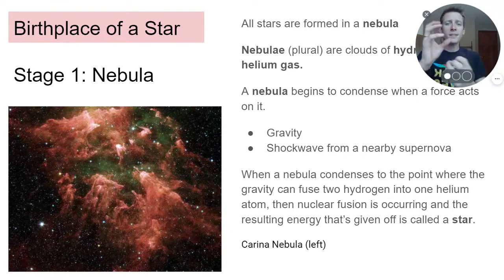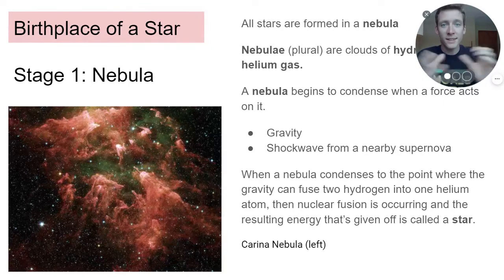So as these things are starting to come together, due to that force of gravity, it itself becomes stronger and attracts more things. And then the gravity gets stronger because it's getting bigger, and it's a cycle. It builds on itself. Eventually, that's going to get to a point where it gets so dense and big that we call it a star. But not yet. It's still a nebula.